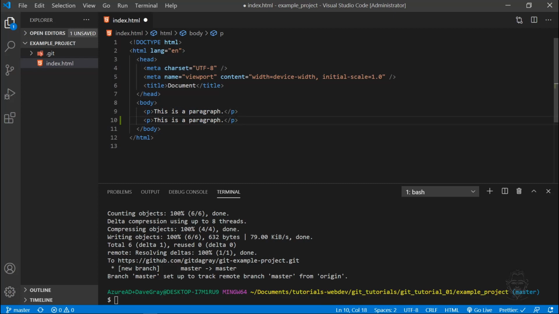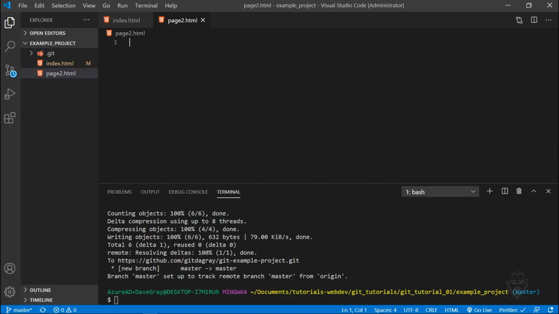So now let's come back to Visual Studio Code, and let's add another paragraph in our index HTML file. I'll just put this as a second paragraph, save that. And now you can see our file color changed once again in the file tree, and it has an M beside it for modified. Now let's add a second file. I'll just call this page2.html, and instead of putting in the full HTML, I'll just put in an HTML comment here, comment for something, and I'll save this file. And now notice this page2.html file is green, and it has the U for untracked because this is a brand new file. Let's type git status in our terminal,